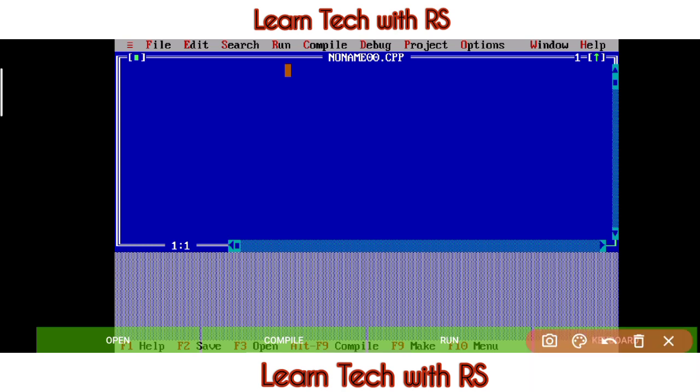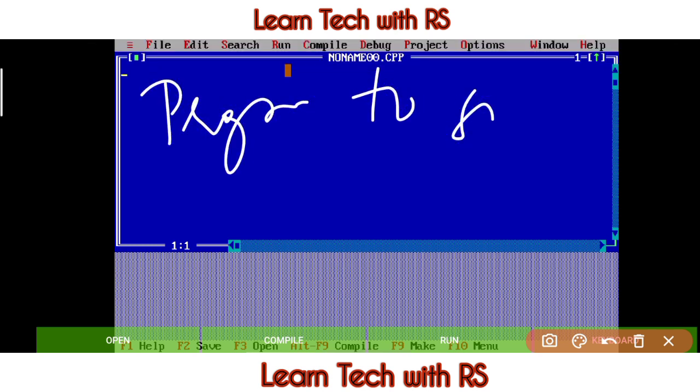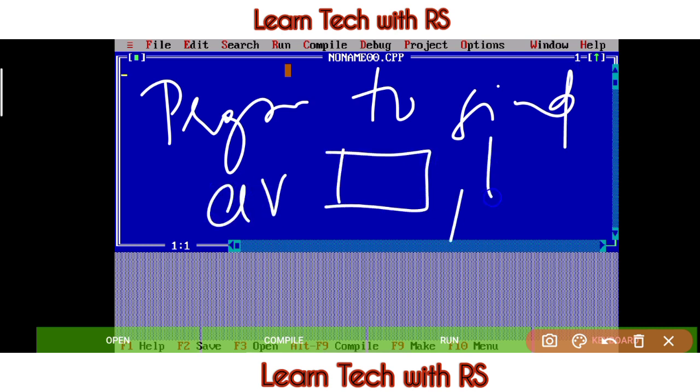So you remember what was our topic? Our today's program will be a program to find the area of a rectangle, in which we will use length and breadth. Okay, so this is a simple thing. You can note it down if you wish to, otherwise you can revise this with the video itself. The video starts from the very basics, so if you don't know any step or if there is any mistake, you can learn it in whatsoever condition. You just need an internet connection, that's all.